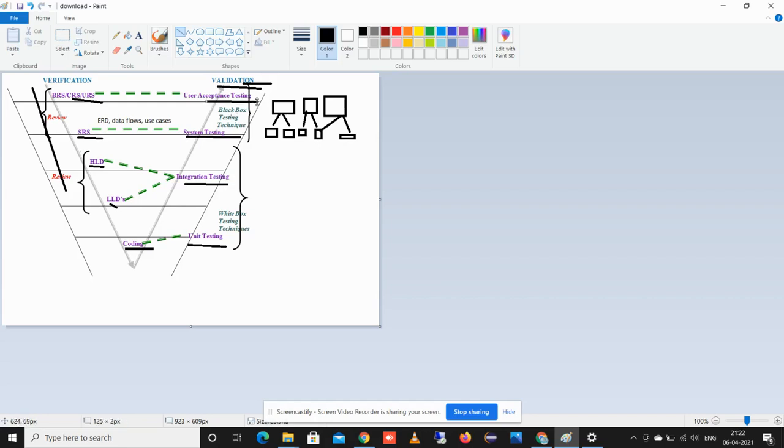All the levels of testing come under the validation part. So validation means checking whether our product is working according to the customer requirement or not. As you can see in this diagram, unit testing and integration testing come under the white box testing techniques, whereas user acceptance testing and system testing come under the black box testing part.